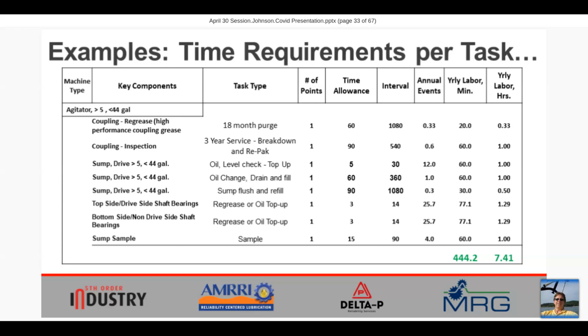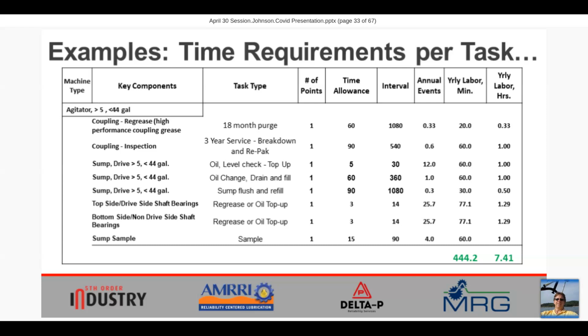Now, if we have all of these kinds of activities, we probably won't be doing an annual change if we're also doing oil sampling. But let's just say for the sake of it, we're doing all of these activities. That's 444 minutes or 7.41 hours that we can calculate up for a single agitator.